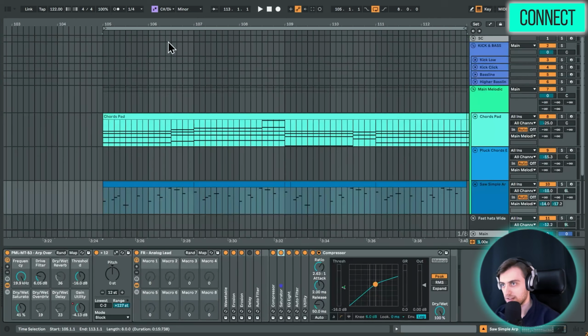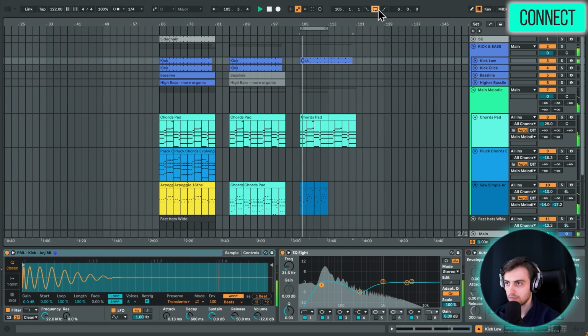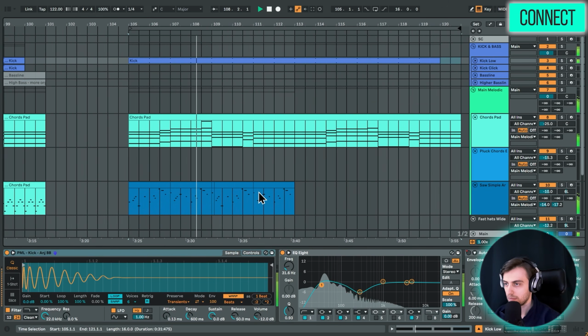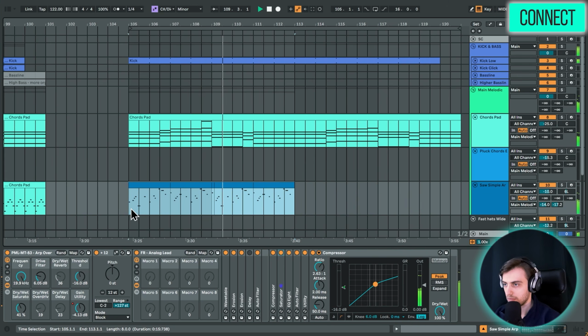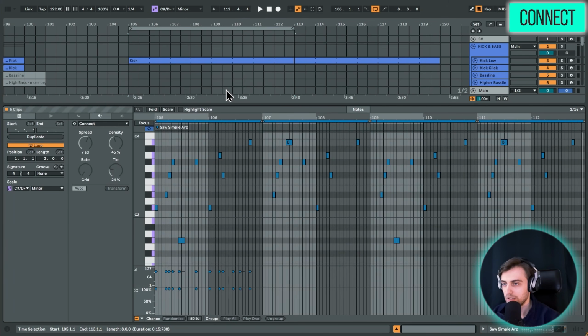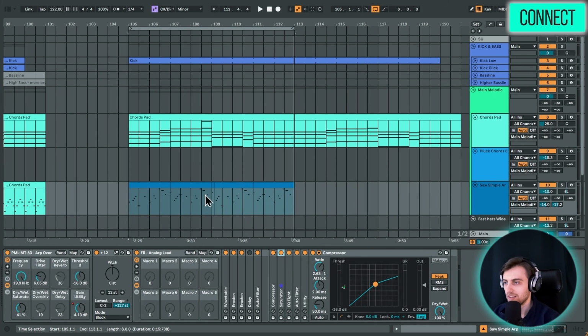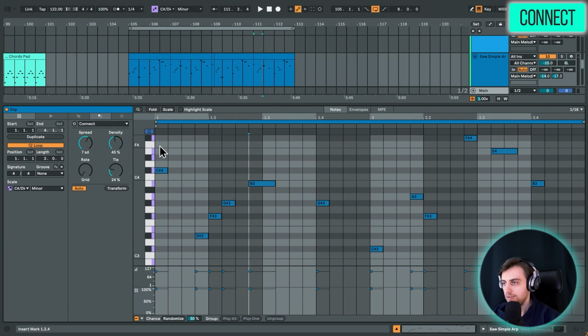And let's listen to this entire progression. Maybe let's duplicate the kick drum as well. And we've already created a long melody pattern without actually writing much, just tweaking some notes and copying and pasting different clips. If we now take a look at this clip, and if we wanted to add legato, for instance,